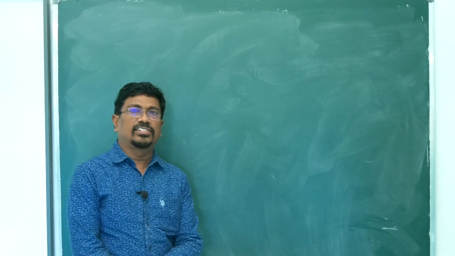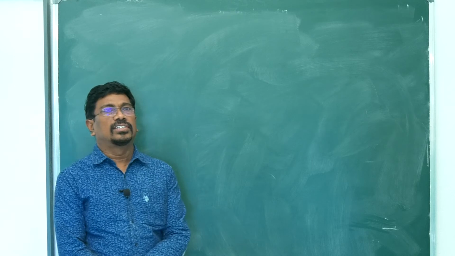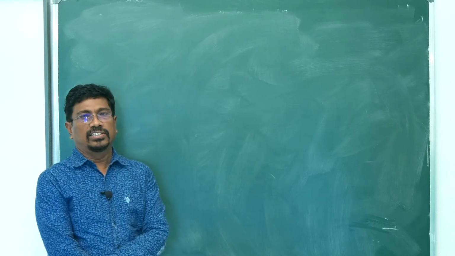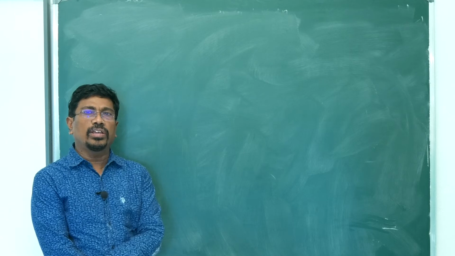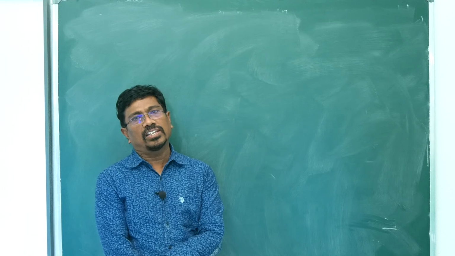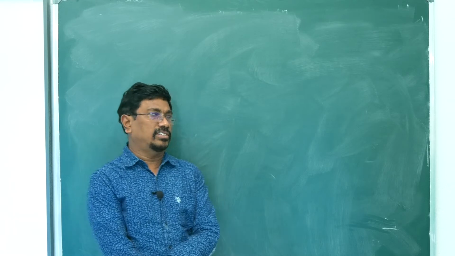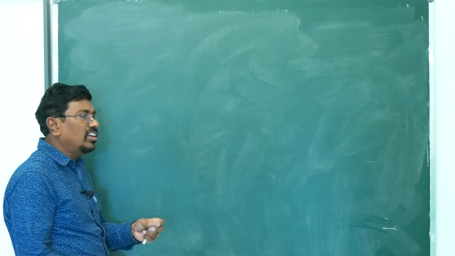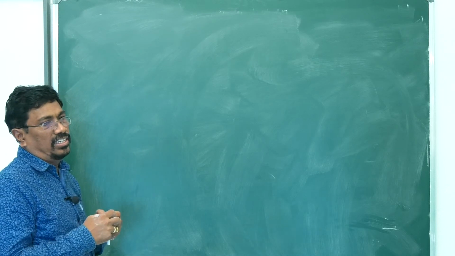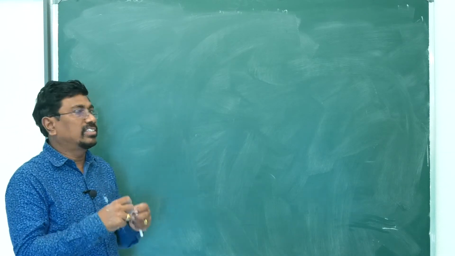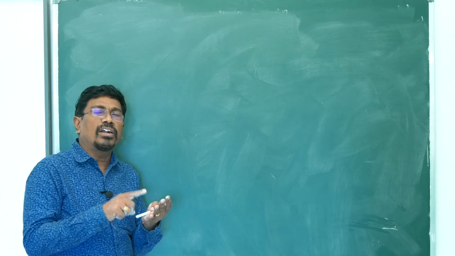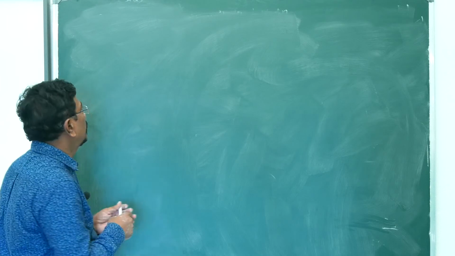Dear students, now we are going to calculate the packing efficiency in all the three cubic unit cells, that is simple cubic, body centered cubic as well as face centered cubic unit cells. How far the atoms are tightly packed, how efficiently the atoms are packed in the unit cell. That's what we are going to see in simple cubic, body centered cubic as well as face centered cubic.